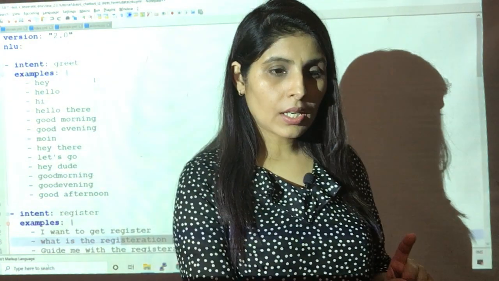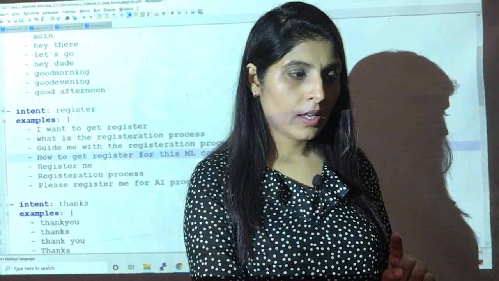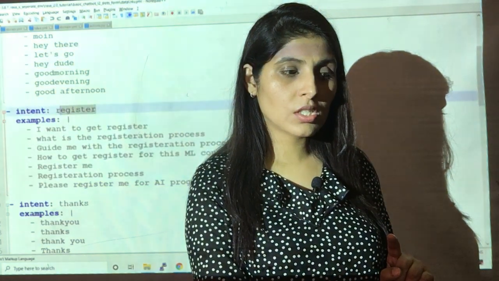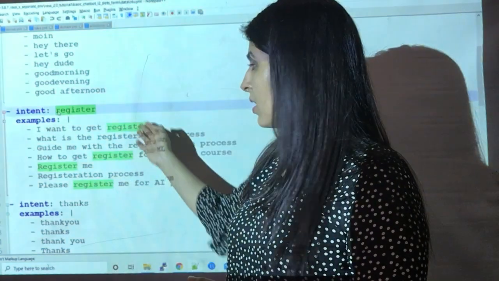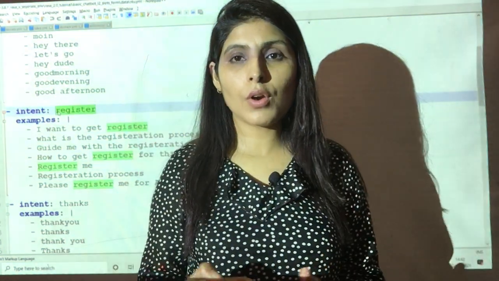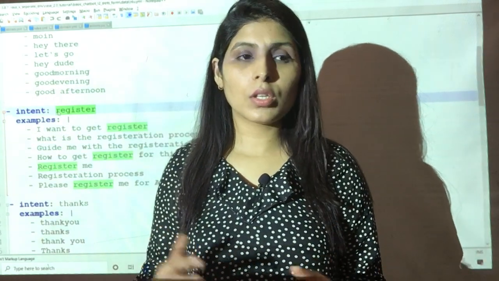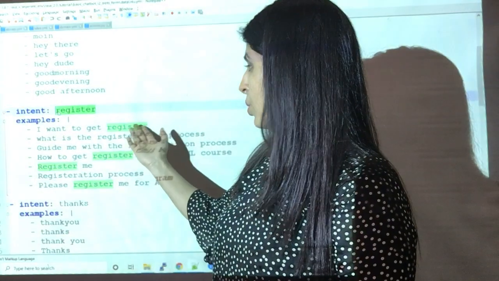Today I'm creating one new intent, and the intent name is register. These are the different examples of the different ways a user can ask to get registered.